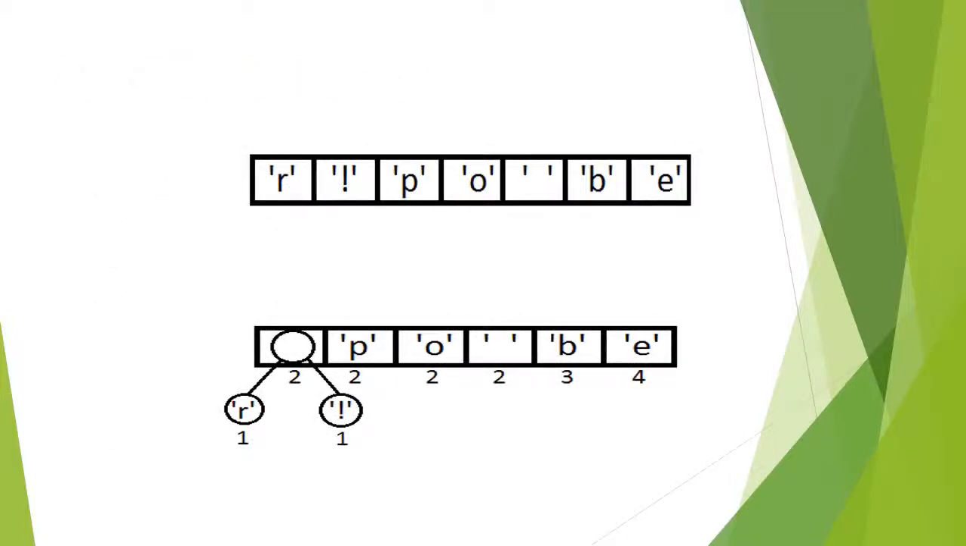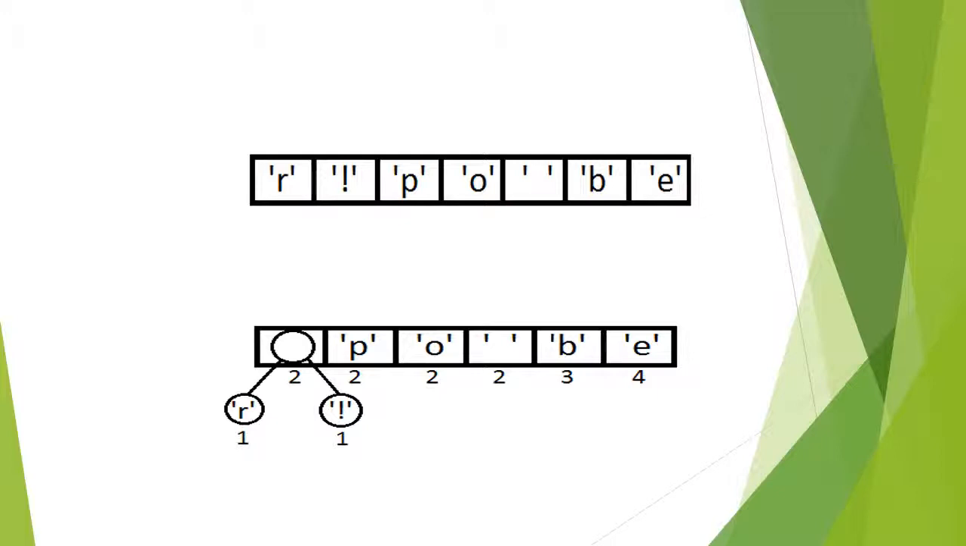Initially, this is not the list which we have. This list is obtained by arranging the numerical values in ascending order. So in this case, R is assigned 1 and the exclamation mark is assigned 1, P is assigned 2, O is assigned 2 and space is assigned 2, B is assigned 3 and E is assigned 4, which is arranged in numerical order as 1, 1, 2, 2, 2, 3